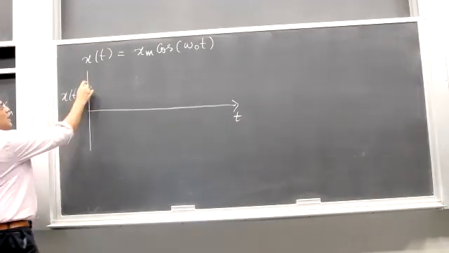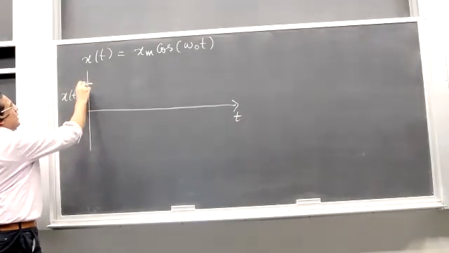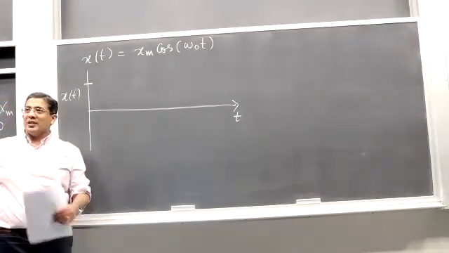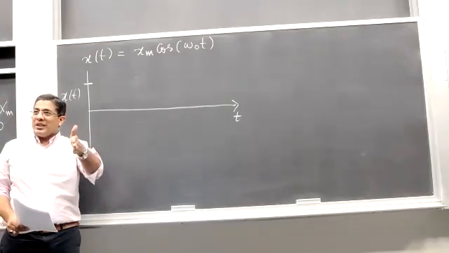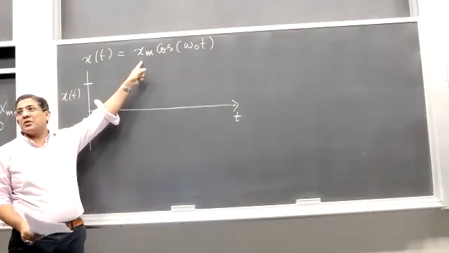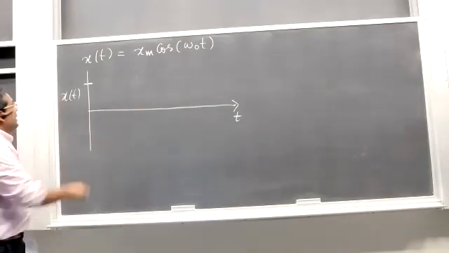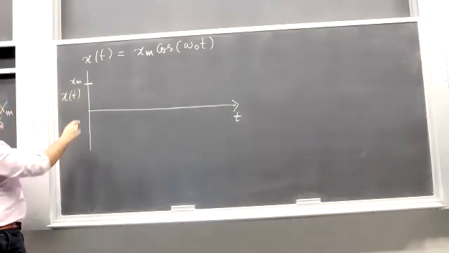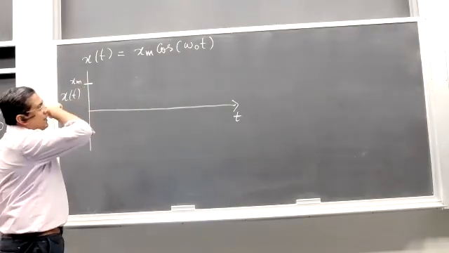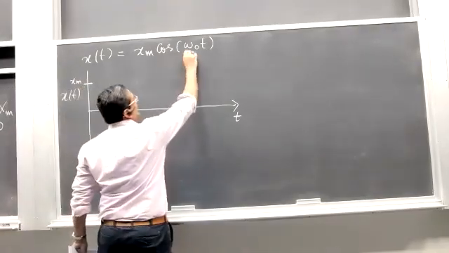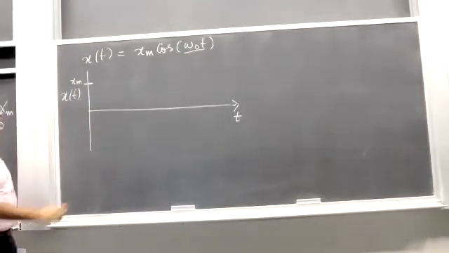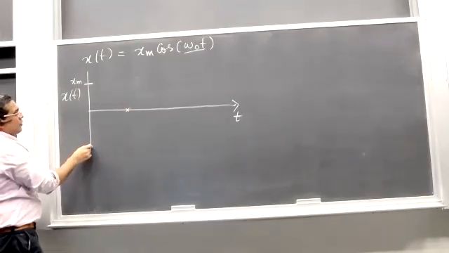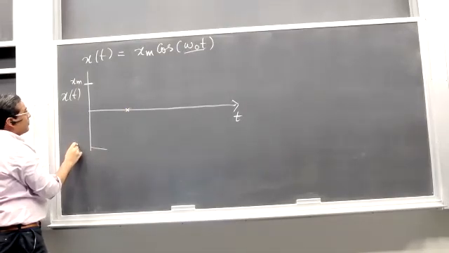xm. And this is no surprise because this is imposed by my initial conditions. I chose my initial conditions in such a way that at t equals 0 the oscillator was at xm. This special solution was found using the condition that I just said. What about its position when this whole argument is pi by 2? It would be at 0. Right, and then it would go to negative xm at pi.